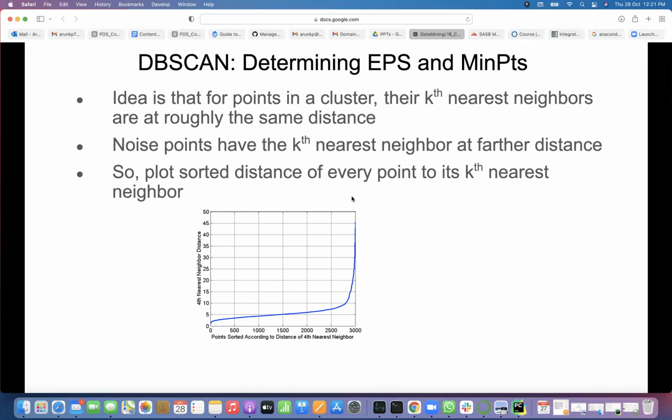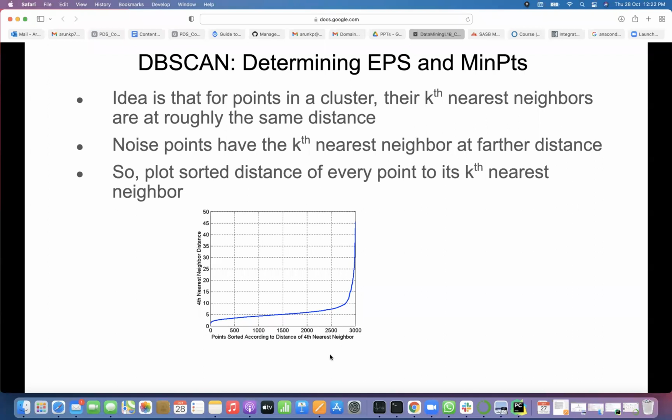Their k nearest neighbor will become very far. So plot the sorted distance of every point to its kth nearest neighbor. What you are doing is you take each point, find its kth nearest distance, and plot that. So initially the kth nearest point for 2,800 points is less than 10, right? Are you with me?